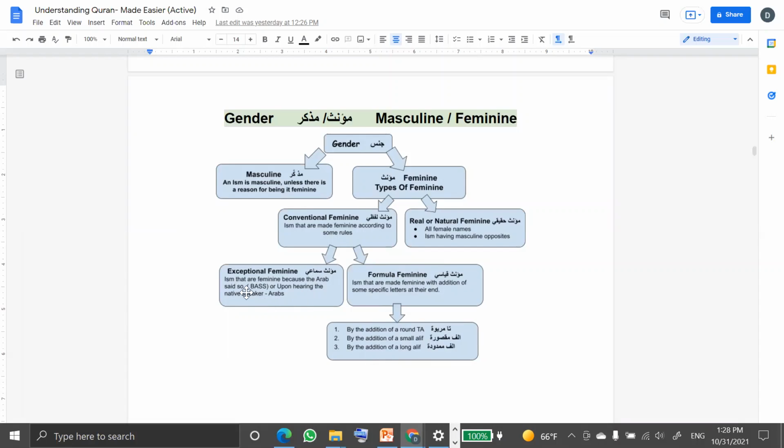And exceptional feminine, like body parts in pairs, like all places, names of countries, cities. These are feminine. All names of all tribes, feminine. Any type of wind, that's also feminine. Wine, also feminine. So there are words that are considered feminine because the